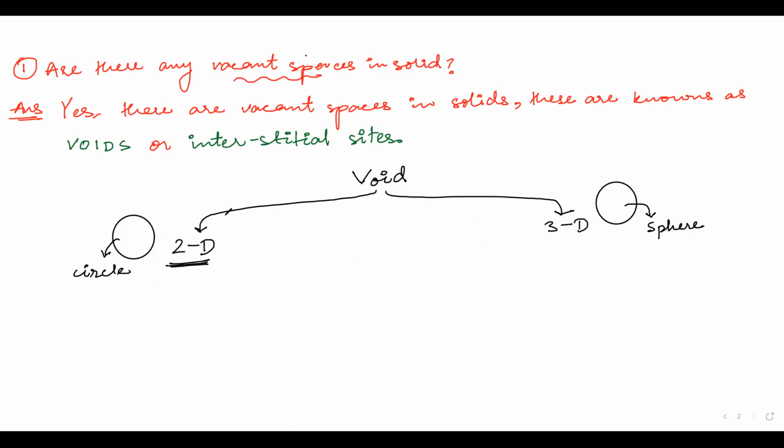So let us start. First of all, copy this, then we will look at 2D voids. And whenever I say circle and I talk about the area occupied by the circle, here we will be talking about area, which is equal to pi r square. Now in 3D, whenever we are dealing with 3D, we will be dealing with volume. Volume of a sphere is 4 by 3 pi r cube. Okay, so these are the distinctions. You have to bear this in mind.